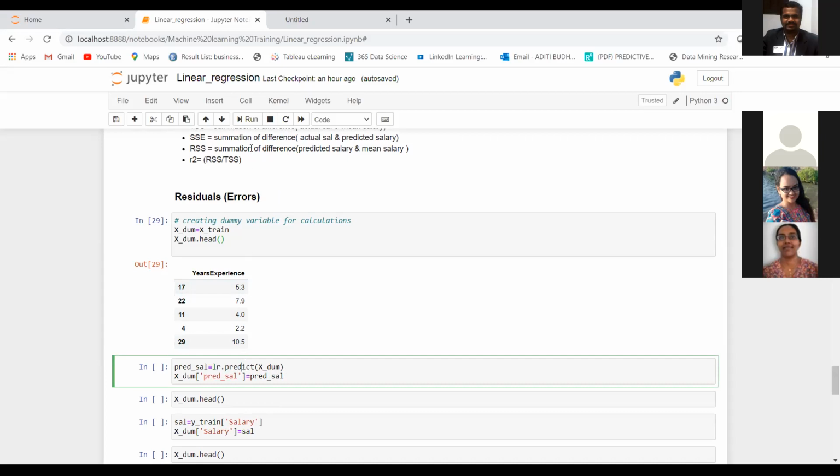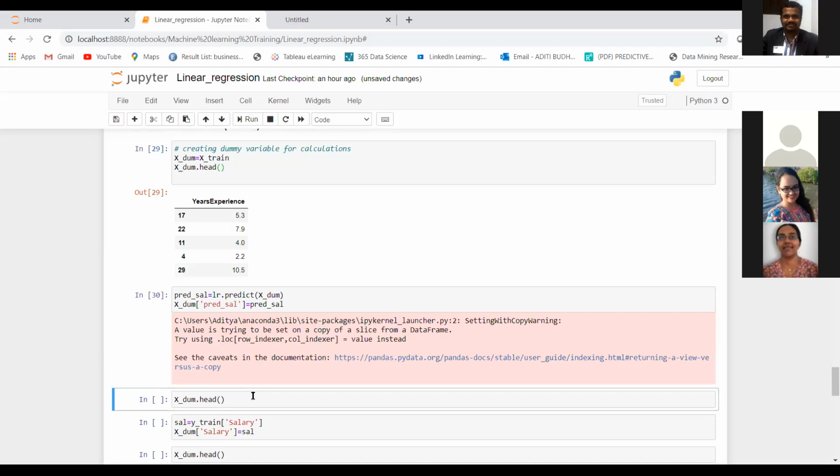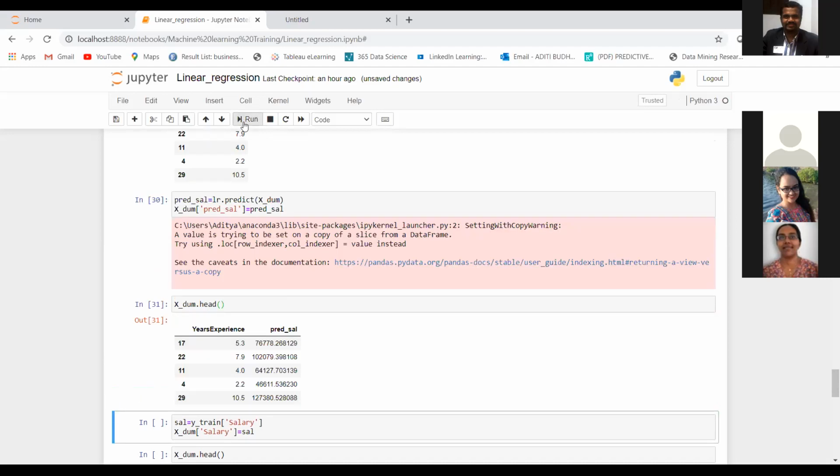I'm calculating these and saving it as pred underscore sal, and I will add these salaries to my data frame X dump, and I will just display a few rows.